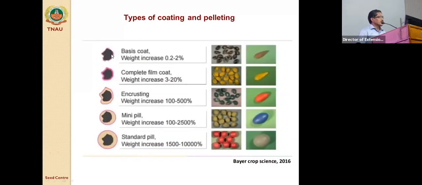So these are all the different sizes. Based on the size, they have given different names. Bayer Crop Science is also making pellets with their own chemicals. They have different chemicals and different fillers, and they will not reveal them outside. They make different sizes based on your requirement for machine sowing and mechanized sowing, so they will make the proper size. These are all the different pellet properties recommended by them.